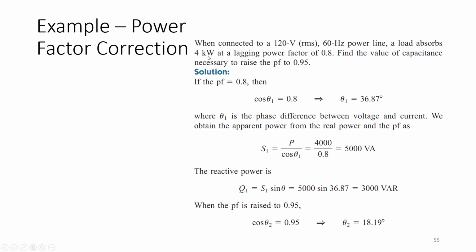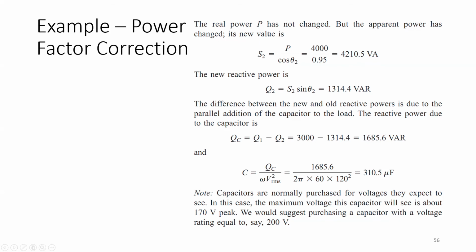Similarly, this is 120 volt RMS 60 Hz, and this is 4 kilowatts, so it's actually active power P. We need to calculate S1 corresponding to this using this relationship, which is 5000 volt ampere. Similarly, at this amount of complex power, the reactive power would be 3000 volt ampere reactive. Moving on, for the next amount of complex power demand, the amount of complex power corresponding to 0.95 power factor would be this one,